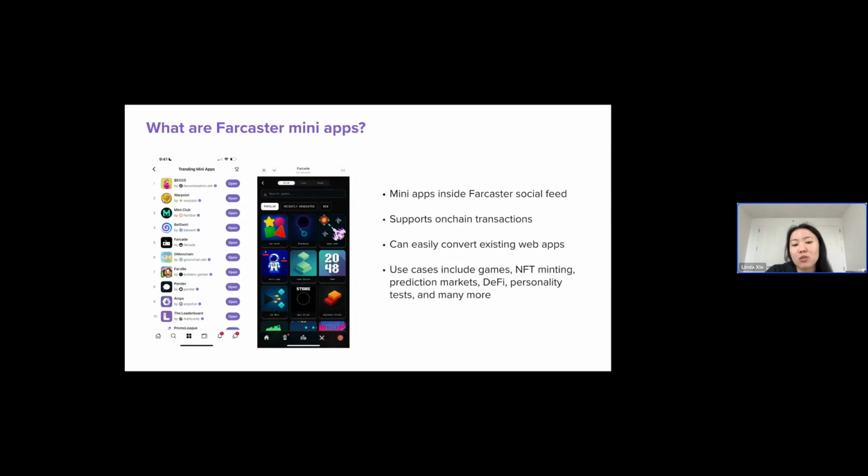But what's really cool is when you combine it with Farcaster, you have this permissionless social graph that you can plug into. You pull in all of this social context, and people can also share the mini app within the social feed. That's a really compelling way of having these apps get discovered and go viral.